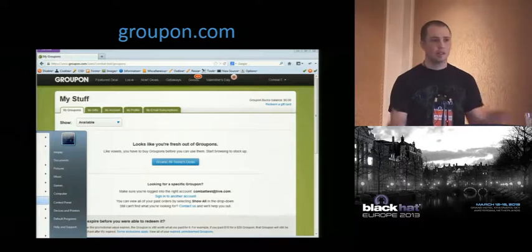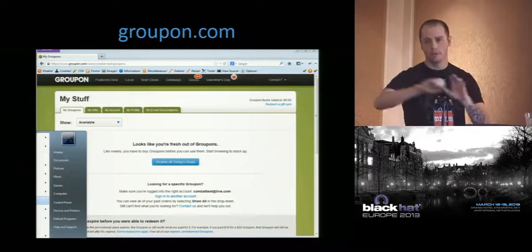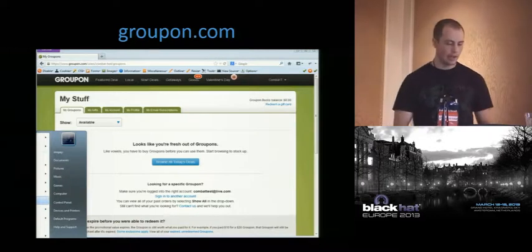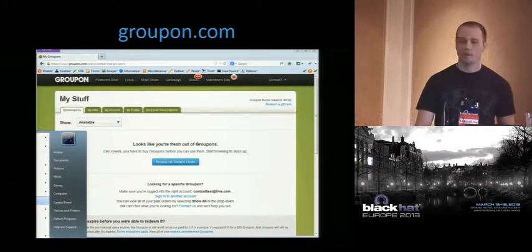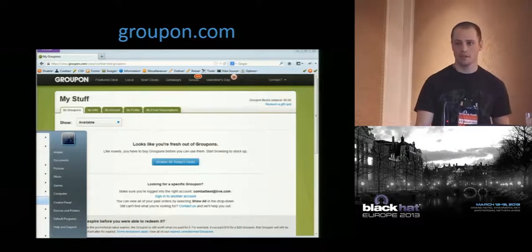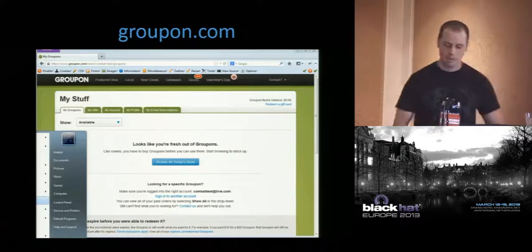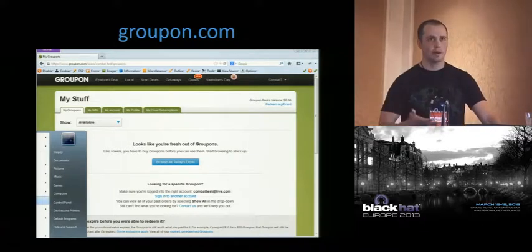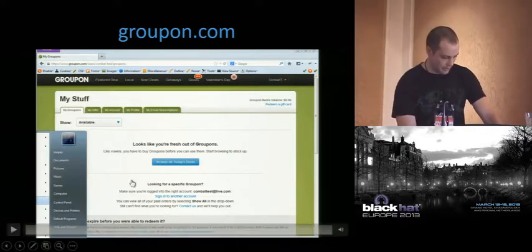There are a couple ways you can do this Facebook Connect thing, and one way is the full flow where you do a post request and it sends a code back. Groupon uses a different thing. It uses a JavaScript postMessage. It has two windows or two iframes, and they talk to each other. This is also another common way to connect accounts.